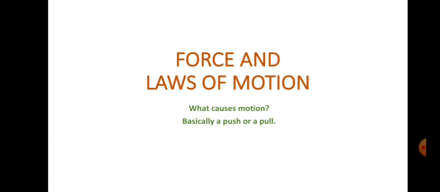In the previous lesson we learnt about many types of motion. Okay, what causes that motion? We didn't think about that. What causes that motion? Okay, if a ball or something is placed somewhere, what do we have to do to move that? We have to pick up that. That means we are pulling that object. We are pulling the ball. Likewise, if a table is there, and you have to move it, you have to push in some direction.